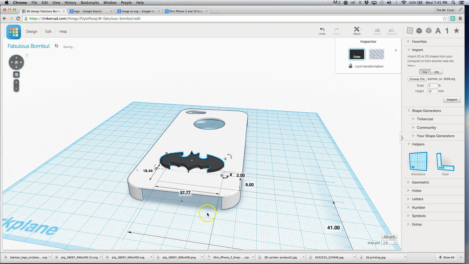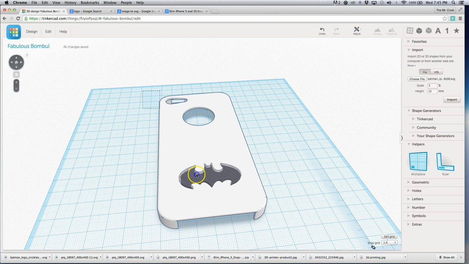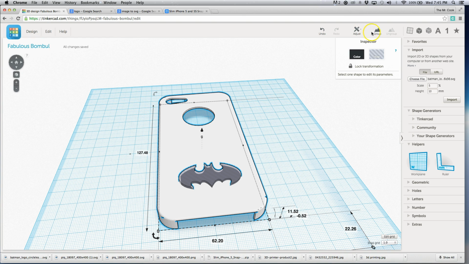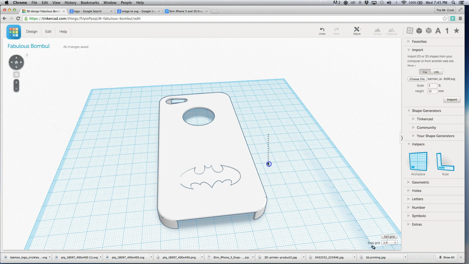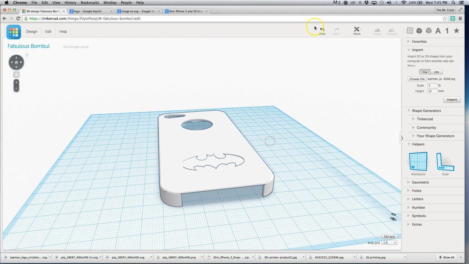There you go. Now if you wanted to make it a hole, you can make it a hole as well. So remember, you can just click on it, make it a hole. It's going to put a hole through the case, and then once you group them, here you go. Just go up to group, and then select anywhere, and it's going to group them. Now you notice that this one didn't go all the way through, so all I have to do is simply